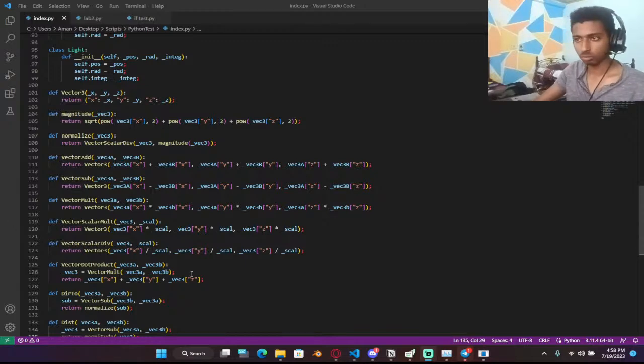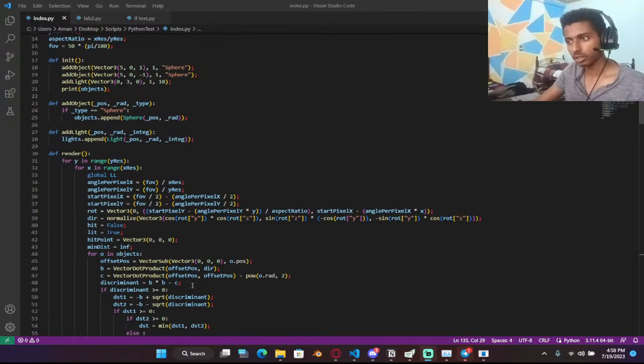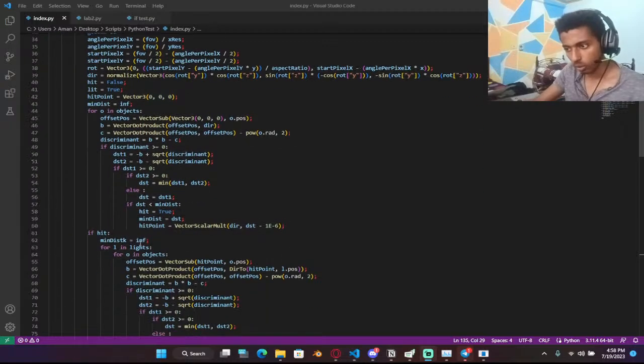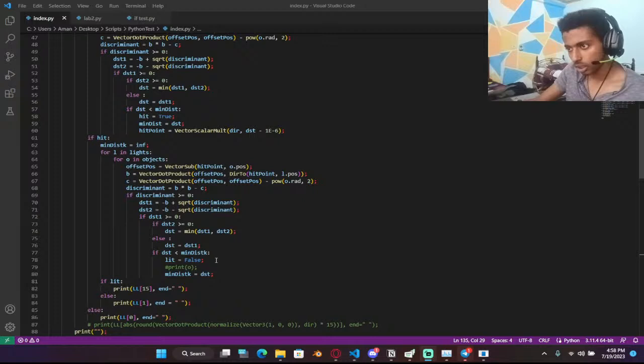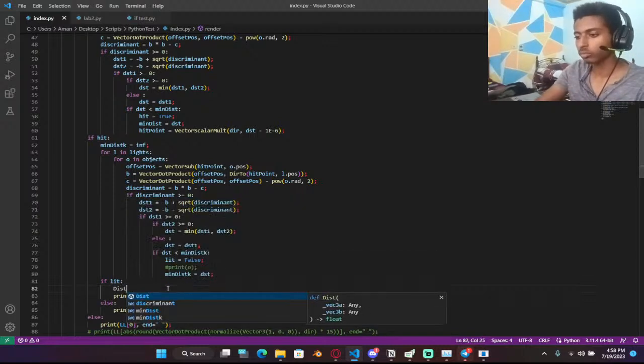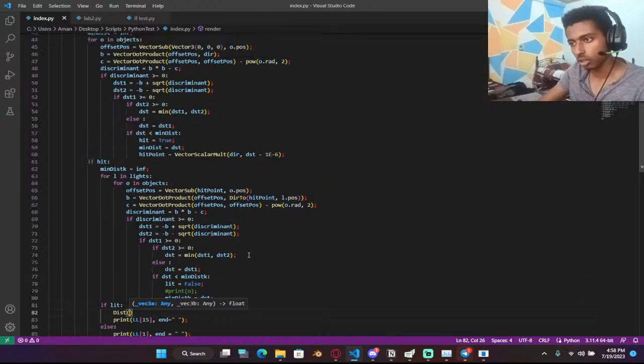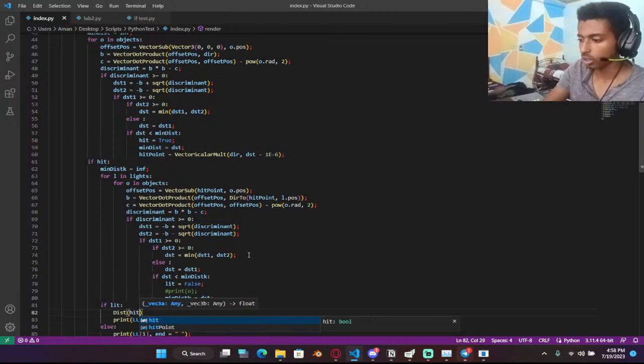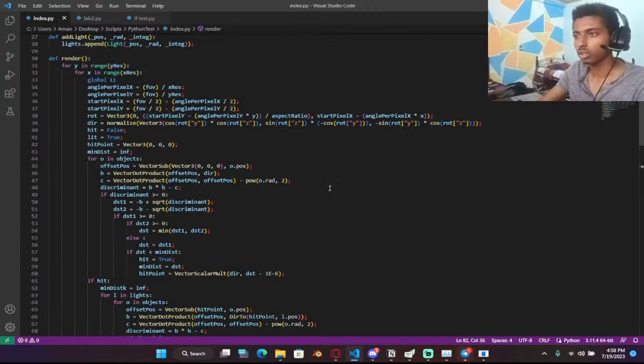So let's go back to getting this thing working. Where is it? It's here. Right. So first of all, I need to find the distance between the objects. Let's just call the distance from the hit points to